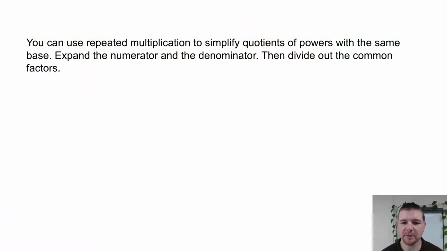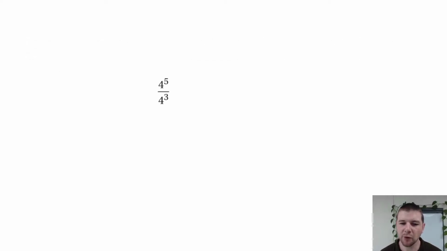You can use repeated multiplication to simplify quotients of powers with the same base. Expand the numerator and the denominator, then divide out the common factors. For example, 4 to the 5th power divided by 4 to the 3rd power, well, our numerator, 4 to the